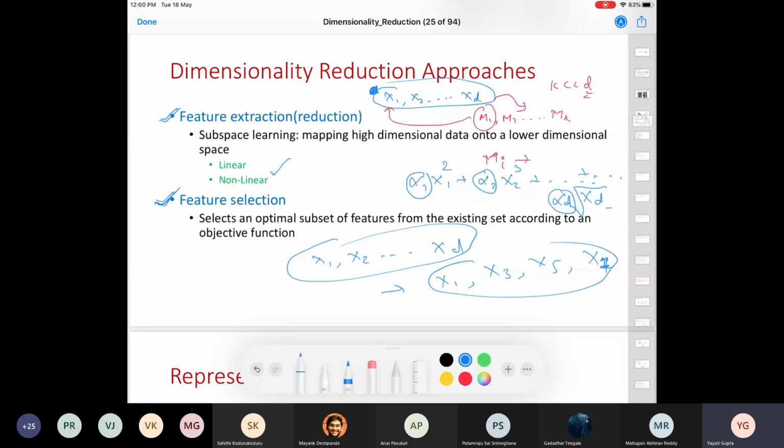Now, I don't know whether you have tried this or not. I'm not going to discuss feature selection in detail in the subsequent slides. I'm giving you some methods which you can explore at your own convenient time, which do feature selection. Even though we are going to study support vector machine soon, there is a method called support vector machine recursive feature elimination. This is just for your knowledge.